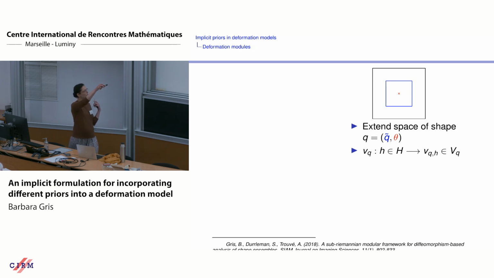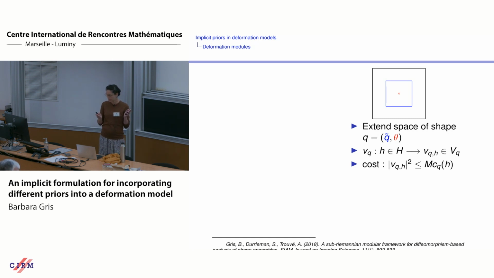So you fix a space H of controls, and the field generator will say, given the state of your extended shape, so here the position of your square and point, what are the vector fields that you allow? Typically in this example, it will be vectors. It's always linear with respect to the control, and here it will be the space of local scalings centered at the second component, theta. We need to define a cost associated to a particular value of field, and the cost C